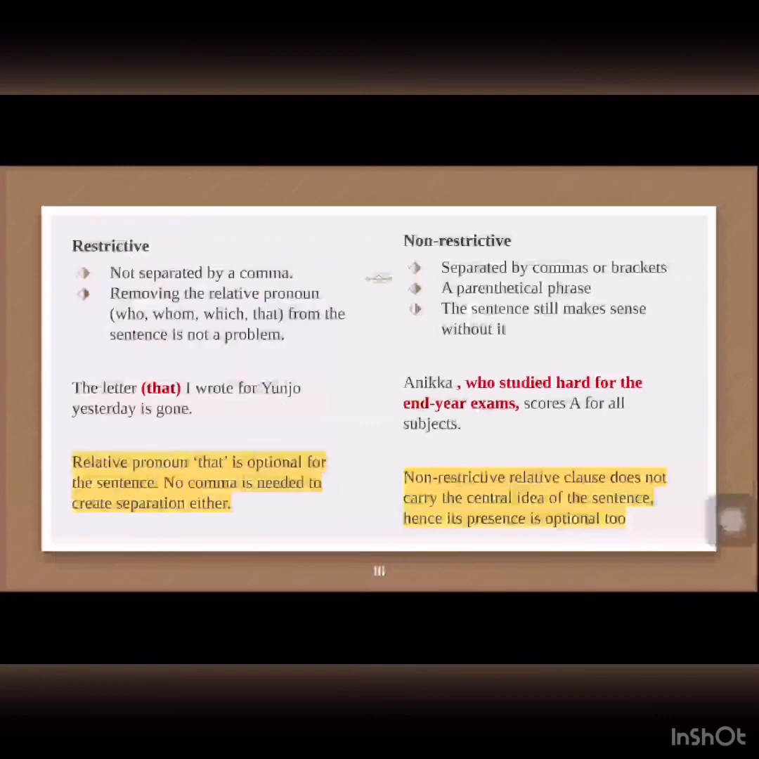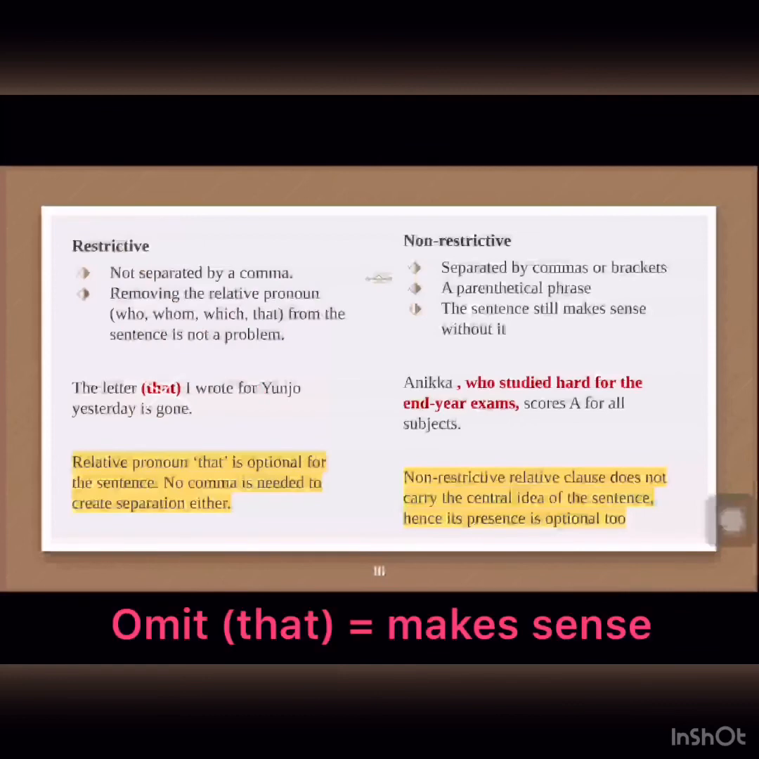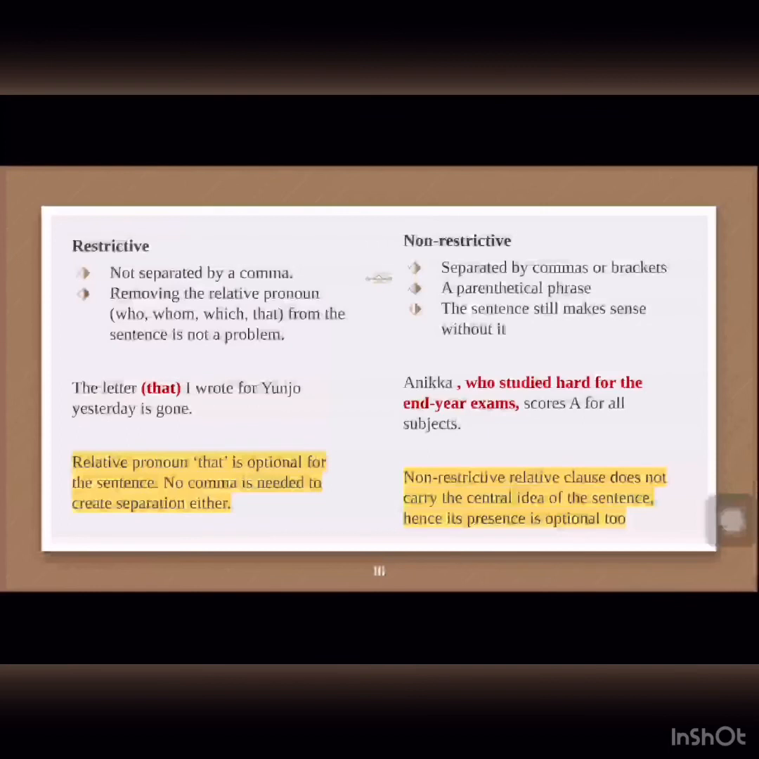pronoun. Like for example, the letter that I wrote for you, Jill, yesterday is gone. So that over here is a relative pronoun, right? So do you need to put brackets or commas? No, you don't have to. And even if you omit that, the sentence still makes sense. Okay? The letter I wrote for you, Jill, yesterday is gone. Without putting that in the sentence, you still can understand the sentence by itself. So